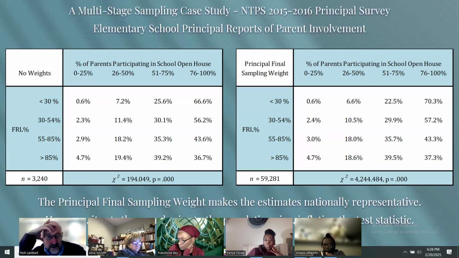But there's a problem. Notice how the sample size, we only really have 3,240 principals that respond. But in the second panel, our sample size is now 59,218. That's how many elementary principals there were in the United States for that year, almost 60,000. So we're still not where we want to be, because if we pretend that our sample was almost 60,000, of course we're going to get statistical significance no matter what we do, right? So let's go to the next